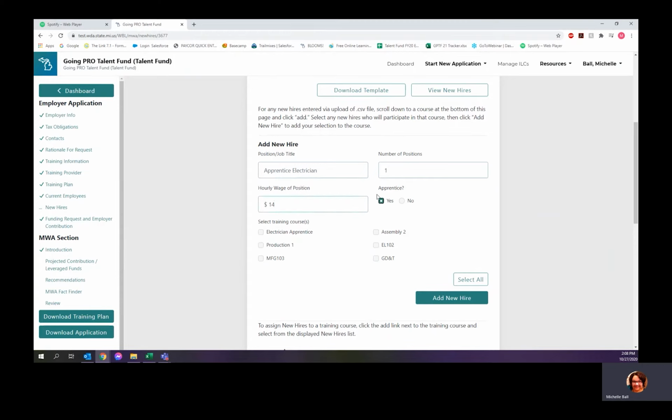Yes, an apprentice. We're going to assign this individual to the EL 102, as specified on our training plan here, EL 102. And we're also going to assign them to the OJT portion. This is the related technical instruction. This is the on-the-job training portion. Apprentices require both types. So we have assigned that individual that is yet to be hired to those two things,